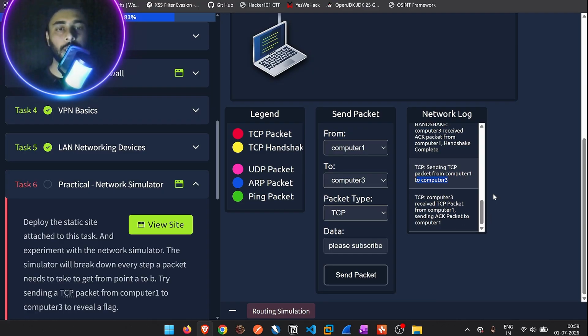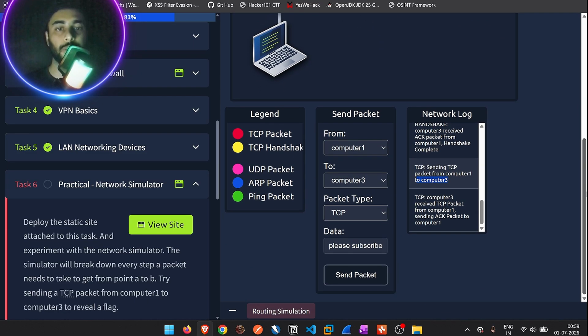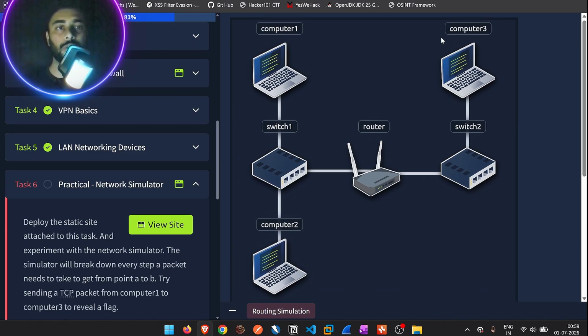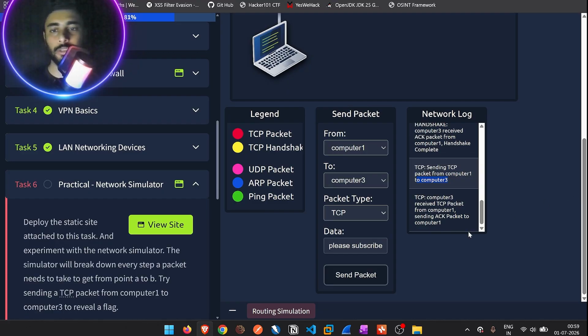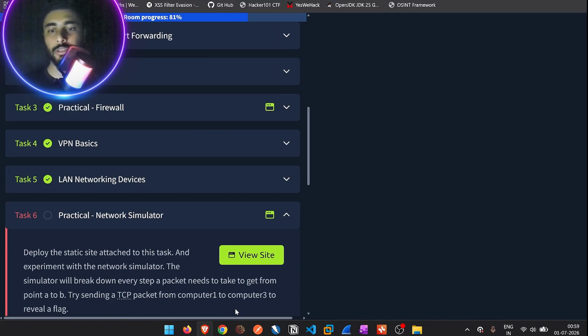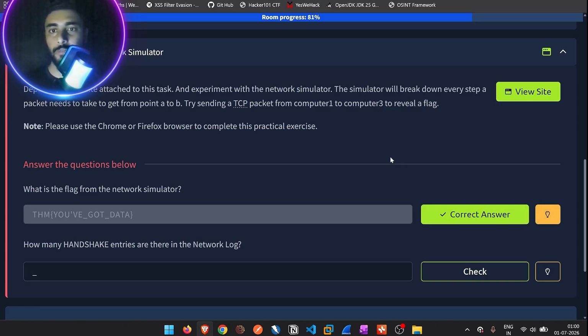और इसी के साथ हमारा ये जो पूरा प्रोसेस है वो कंप्लीट हो जाता है। और थ्री-वे हैंडशेक के थ्रू हमारा जो डेटा है, जो कि बहुत इंपॉर्टेंट डेटा था हमारा "प्लीज़ सब्सक्राइब", वो कंप्यूटर 3 को रिसीव होता है और कंप्यूटर 3 हमारा यूट्यूब चैनल सब्सक्राइब करता है। सो दिस इज़ द प्रोसेस। आई होप यू अंडरस्टैंड दैट। नाउ लेट्स पुट हियर अवर फ्लैग, क्लिक ऑन चेक बटन।